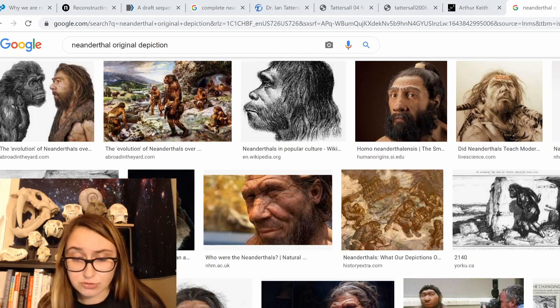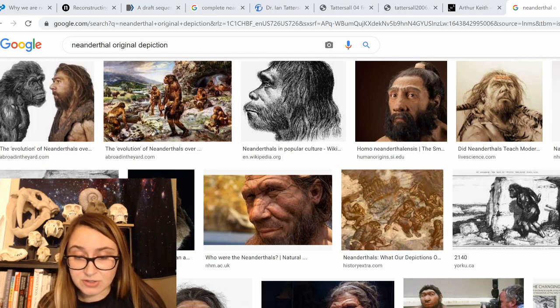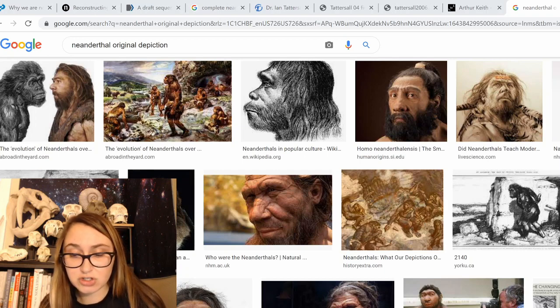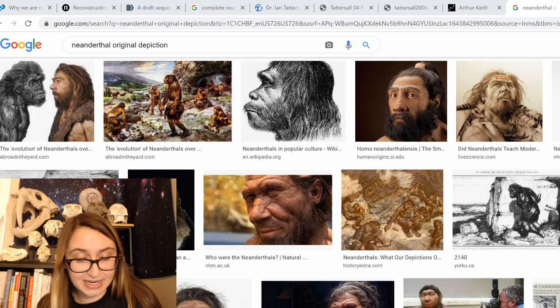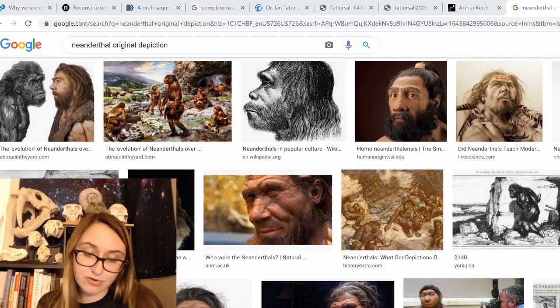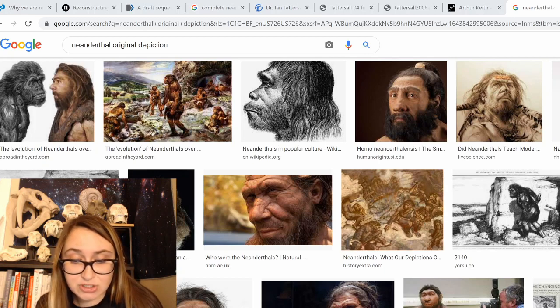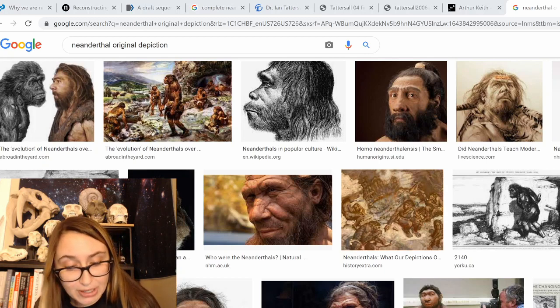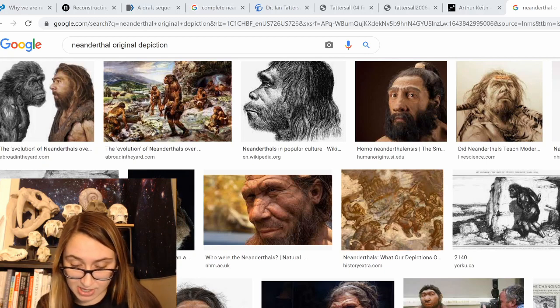As Tattersall acknowledges, the skeleton of the quote-unquote old man from La Chapelle is now thought to be 50,000 years old, which is misinterpreted by Marcel and Boole in 1908 to 1911 to yield the classic caricature of the Neanderthals as shuffling, bent-kneed brutes. To this day, illustrations and comic movies commonly portray Neanderthal man as subhuman. I would really like to see what comics are illustrating Neanderthals, and then I would like to read them. It is only very recently that museum displays and artistic renditions of Neanderthals have begun to change. The general public and scientists outside the paleo community are still largely unaware of what real Neanderthal man looks like.